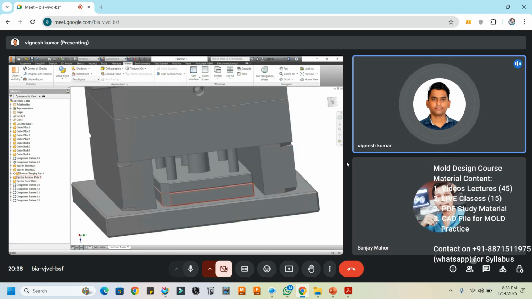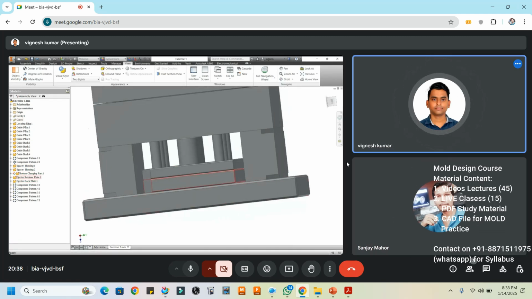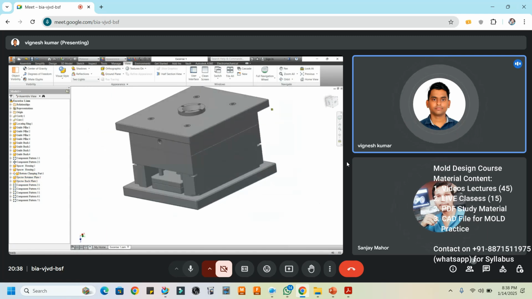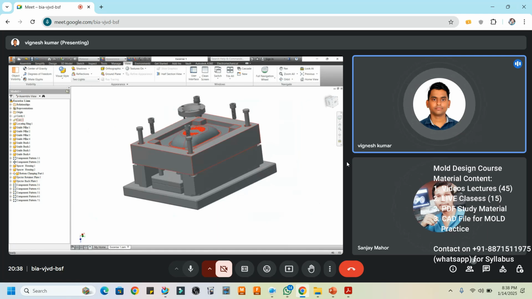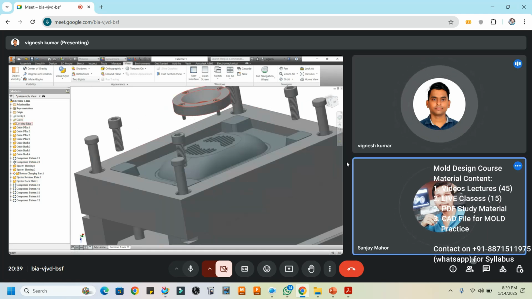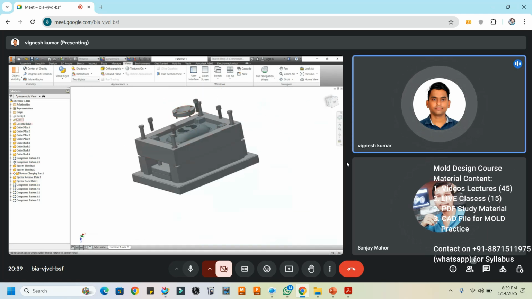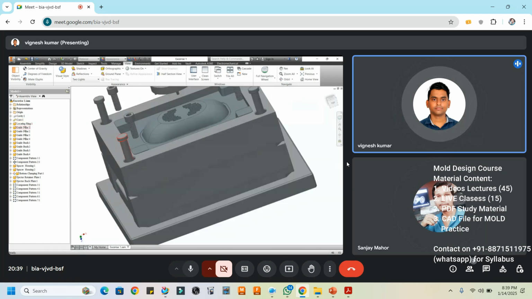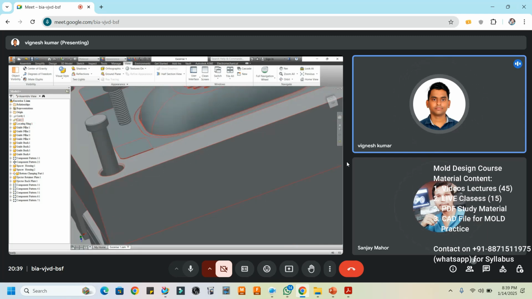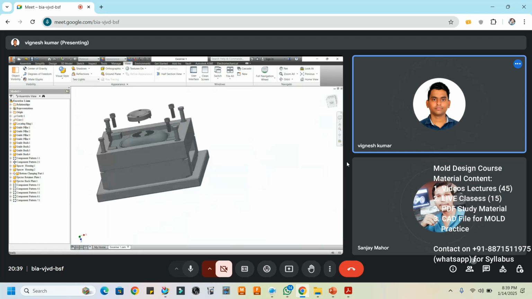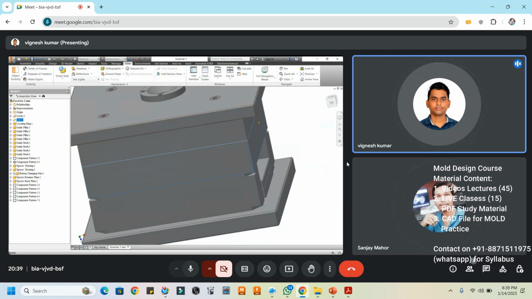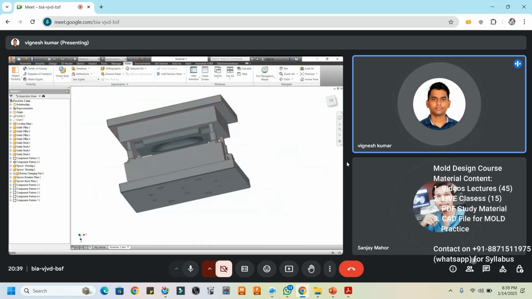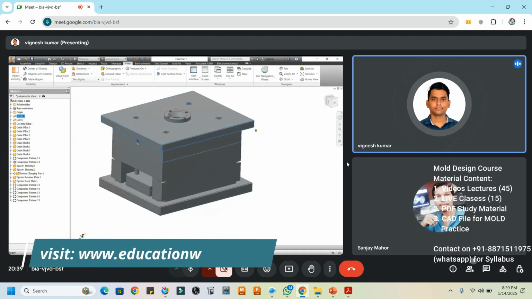Last time I did not include the ejector plating and spacing, sir. This time I've included it, but when I was doing it, I had a few doubts, sir. Let me ask those things. So I have just mounted all these bolts and all. I've checked what is happening. And last time, in this core cavity separately, I made a mistake. You corrected me. And this time I have done the correction properly.